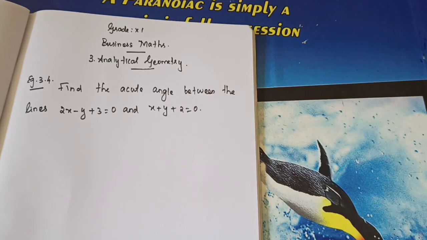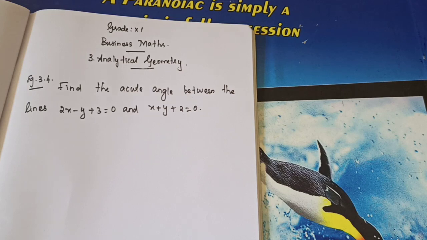So before that we need to find the slopes of these two lines. We know the formula; I explained the formula in the last class. Tan theta is equal to, take down, what's the formula? Tan theta is equal to modulus of (m1 minus m2) divided by (1 plus m1 into m2). If we know the m1 and m2 values, then only we can find the acute angle. So first you need to find the m1 value.